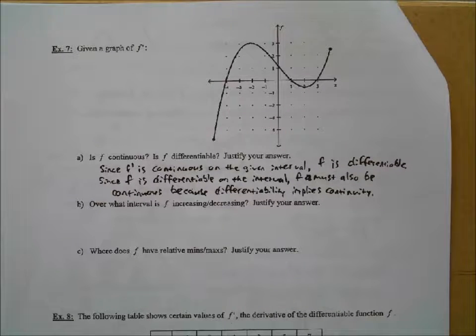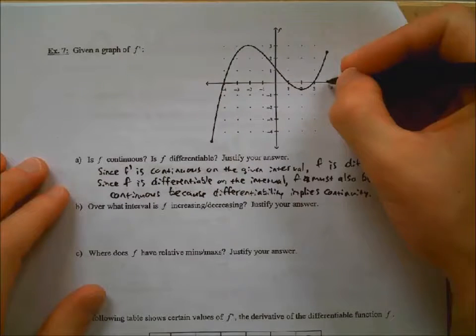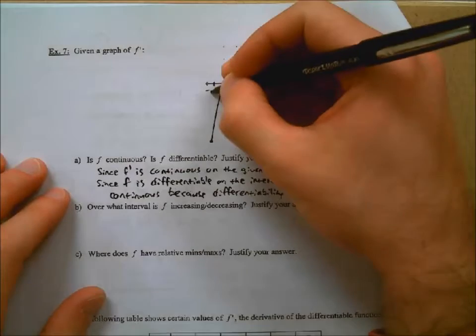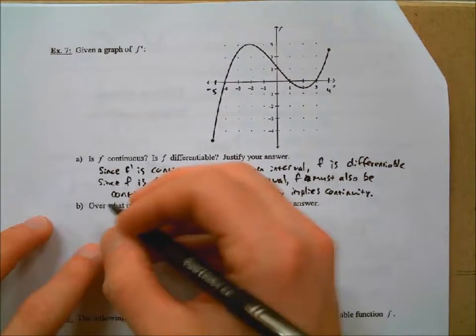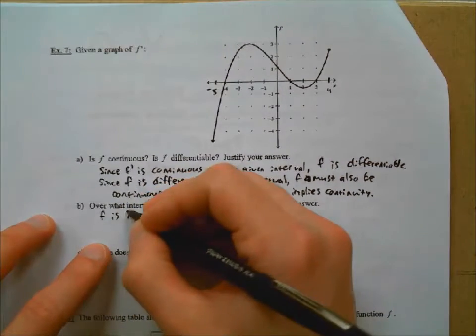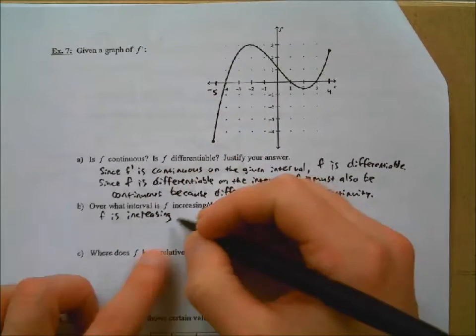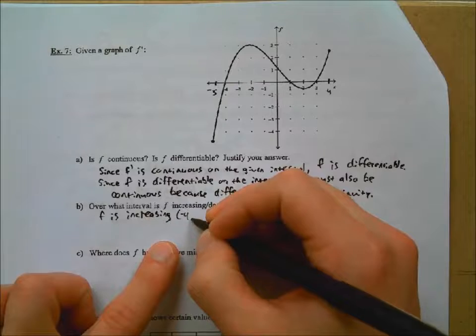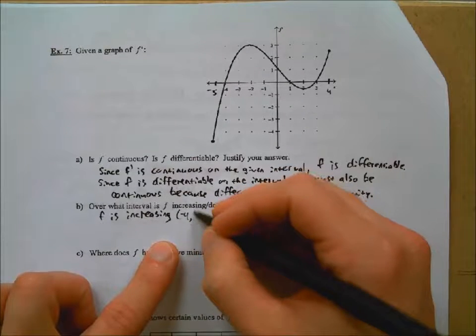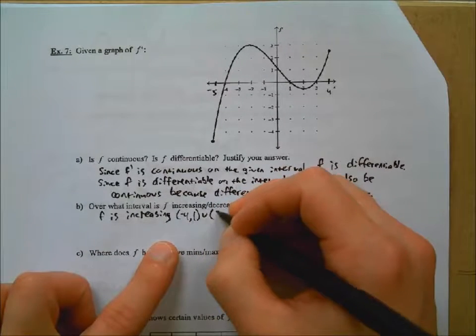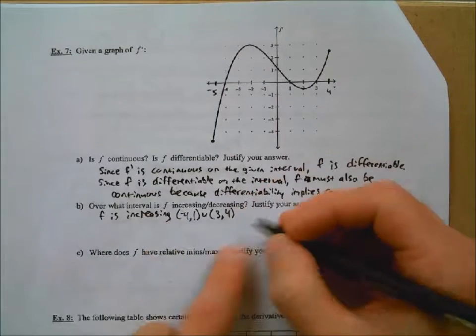Negative 4 to 1, and 3 to 4. Yeah, let's just say that's 4 there, and let's say that's negative 5 there. Okay, very good. So f is increasing on the interval negative 4 to 1, union 3 to 4,